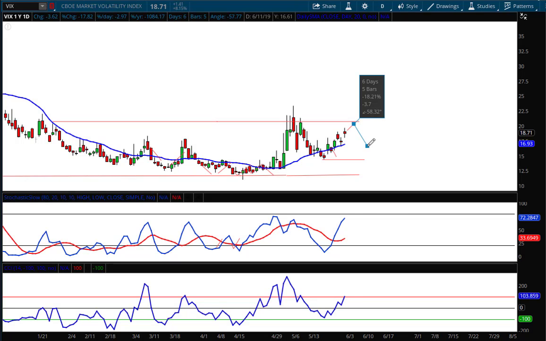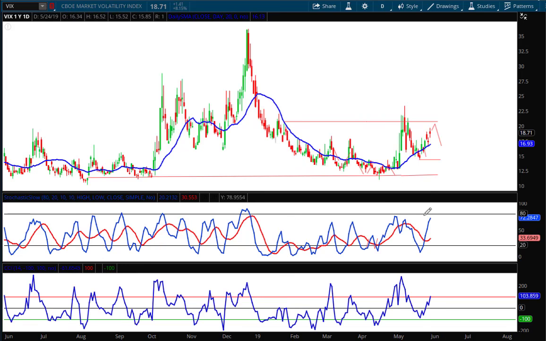The reason I think the VIX could pull back is because if I back out here, you'll see that the stochastics oscillator is a great indication for overbought, oversold. But with the VIX, it rarely goes over the 80 on the scale from 0 to 100. You can see that in the past, there was only one other time this year, maybe twice, that it breached the 80 mark. And so we are approaching 80. I think what we'll see is the stochastics start to pull back along with the CCI. And that would result in a drop in the volatility index, but ultimately what happens, a rally will ensue because